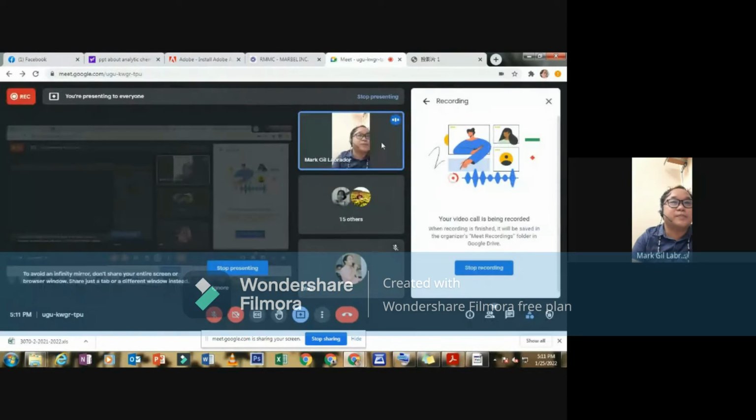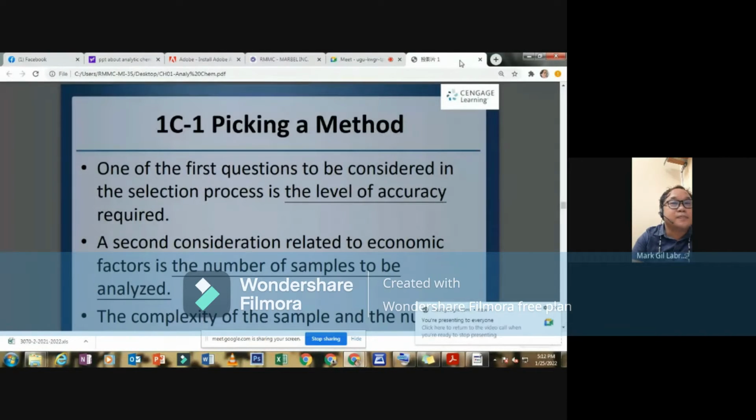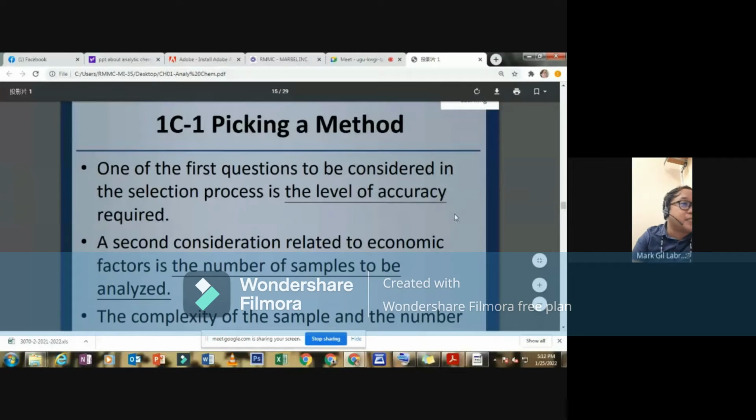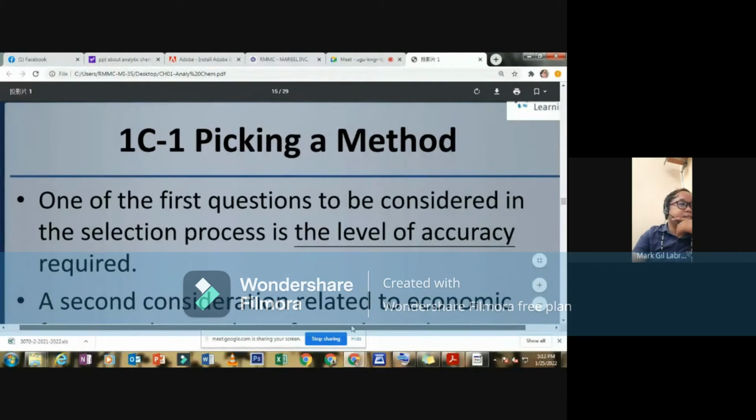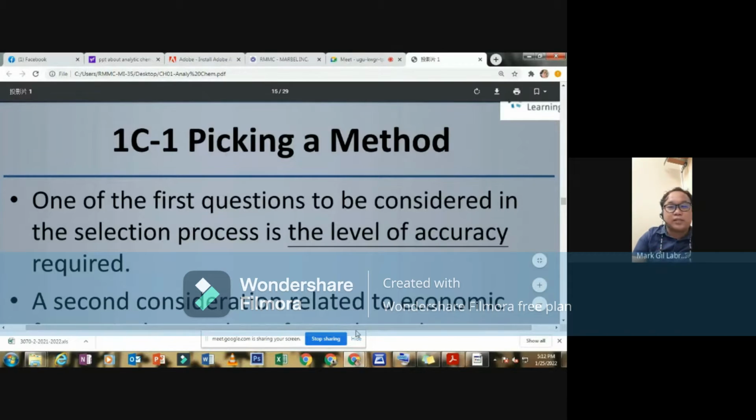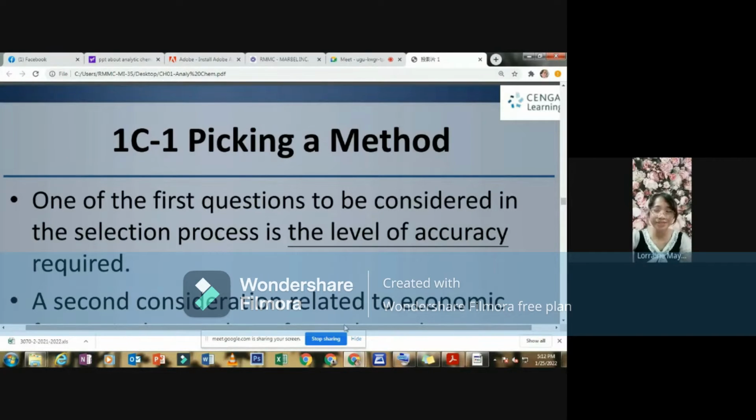Yes, thank you. Sige nga, what do you mean by analytic chemistry? Who can give the definition? Parang wala may nag-recite. Lorraine, ikaw na gid, Lorraine. Yes, analytical chemistry studies and uses instruments to separate, identify, and quantify matter, sir, or chemical